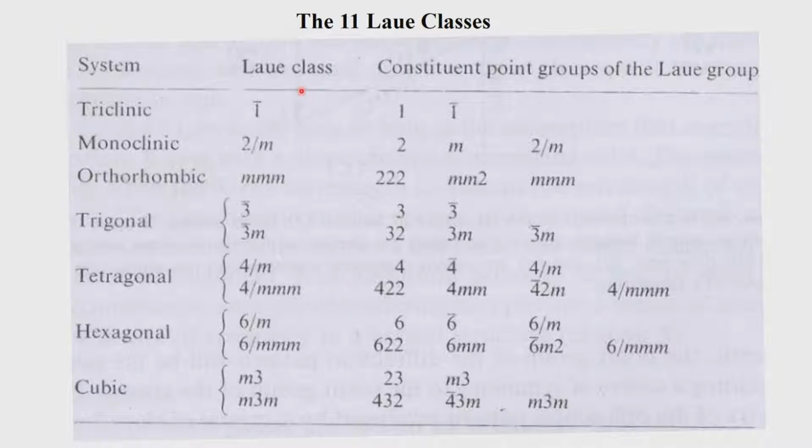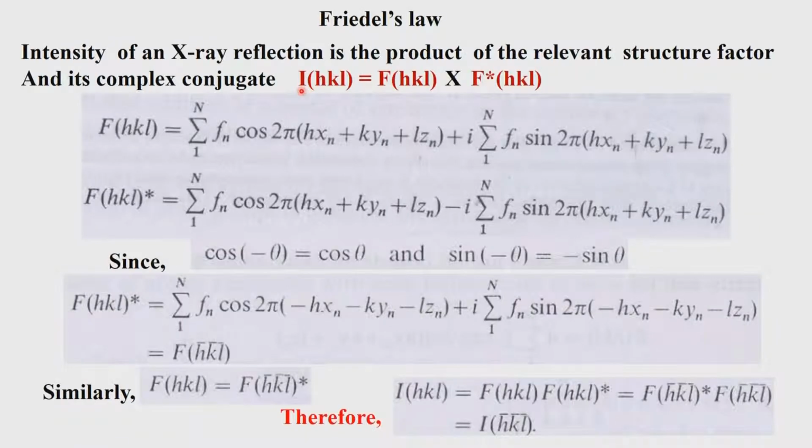Now, just in passing, I will also tell you what happens in case Friedel's law is not valid. Under what circumstances does Friedel's law validity go off? One of the things we will notice in a practical experiment is that when we measure the intensity of HKL and the intensity of H bar, K bar, L bar using a detector, the counts we get on the detector will not be exactly equal. They will be nearly equal.